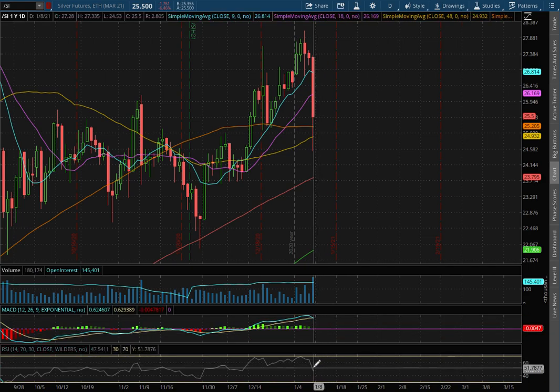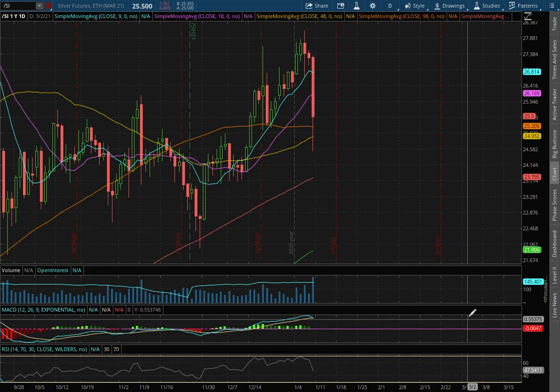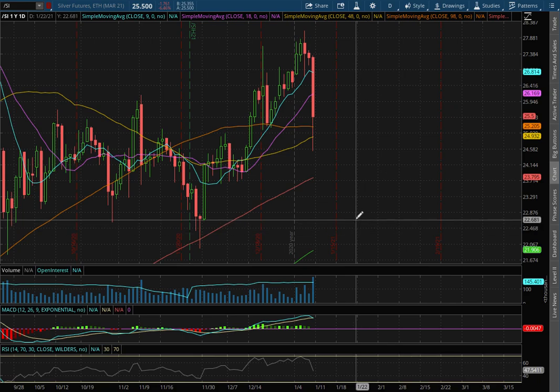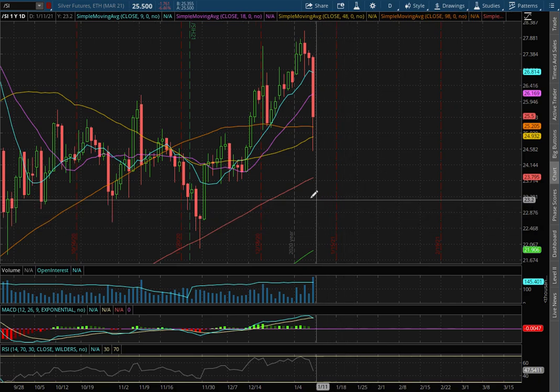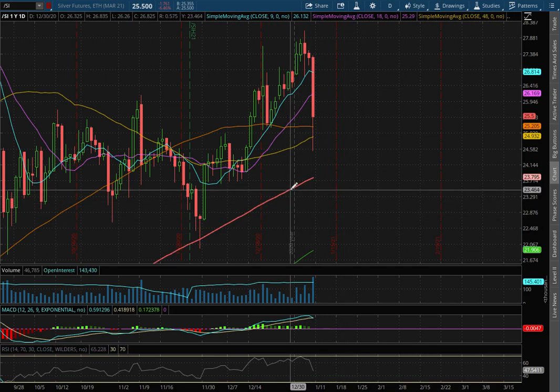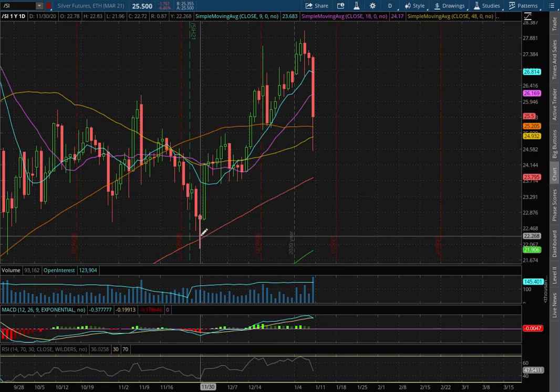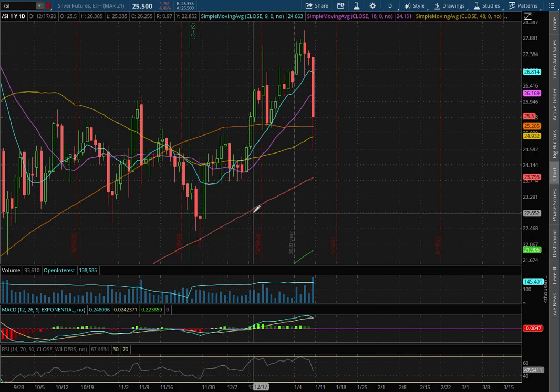As we extend out to the daily chart, we remain in positive MACD, but we're seeing signs of a divergence there and we're off of overbought levels with the RSI. If we were to continue to move down lower, the next possible support level will be where you have the 150-day moving average, this red line, which acted as support in the past as indicated back on November 30th, and is now at the price of